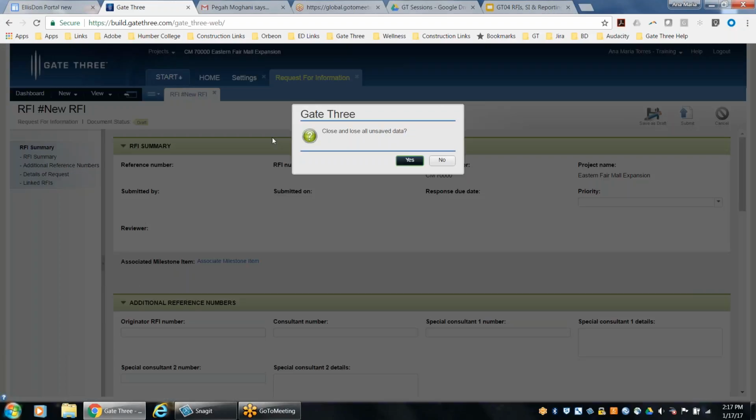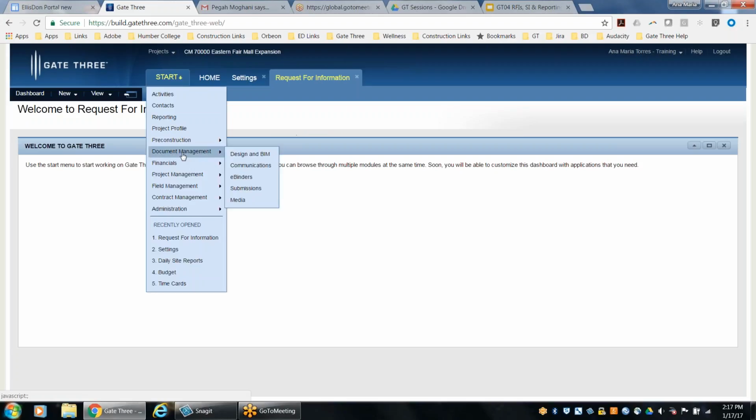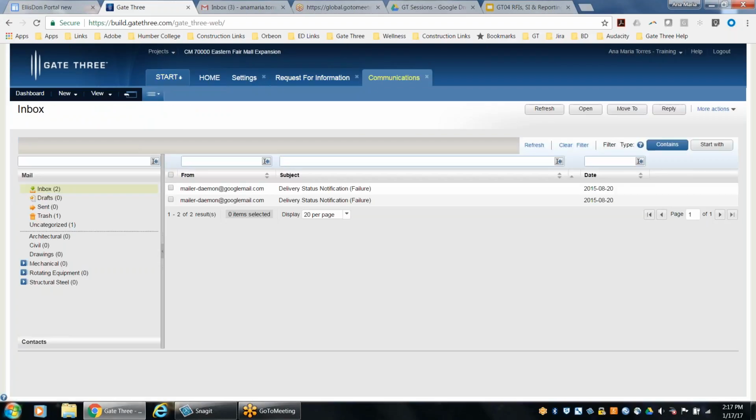However, I want to showcase clicking on Start, going into Document Management, and going into the Communications module, and actually opening up a new RFI from an incoming email. So if your subcontractor has emailed you and they have also provided an attachment, maybe a drawing that they need further clarification on, you can go into your project inbox, select the email, click on Open,